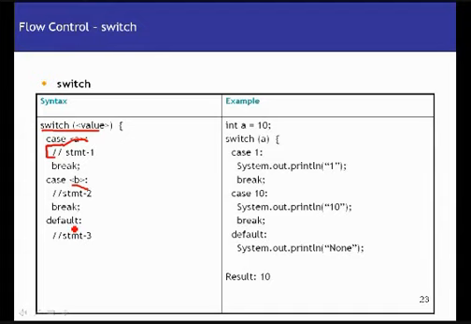One thing to note here is that in switch you can only have integers, only numbers, so you can't have strings in these switch statements. Taking an example, the same as earlier, int a is 10. When I give a switch statement, case 1 would mean that I'm checking the value given in switch against 1, and I'm having some print statements there. Case 10, I'm checking if the value is equal to 10, printing some statements. Default, if none is true, print this.